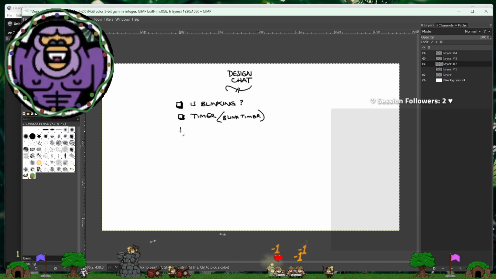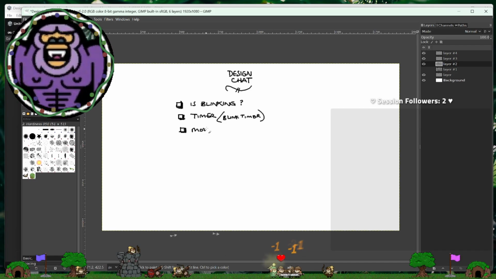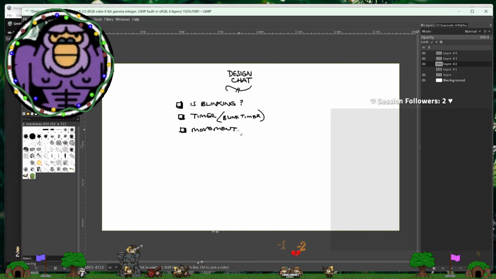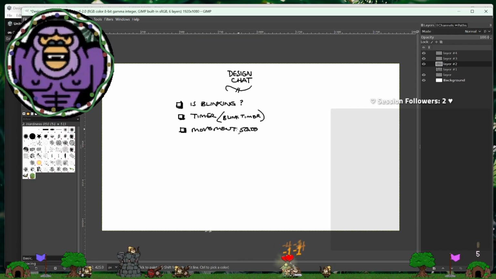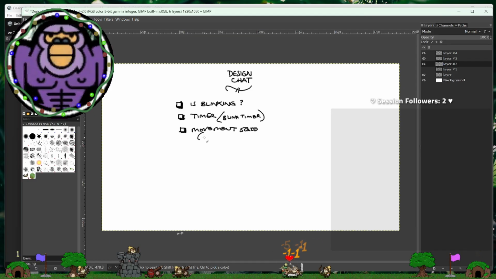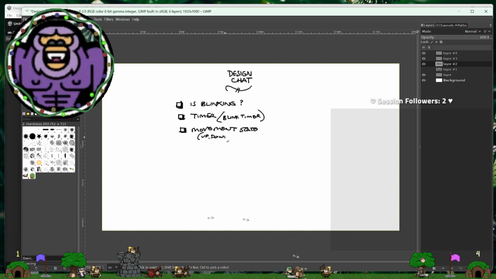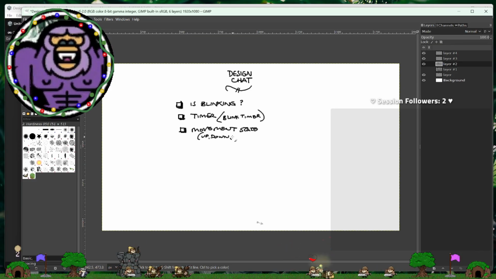What are the other rules that we have? Well, we also keep track of the movement state, which has been defined as up, down, left, right, and idle. Okay. This sounded fantastic, and we're already saying, but wait, what about diagonal?